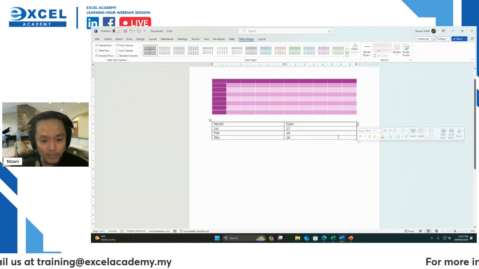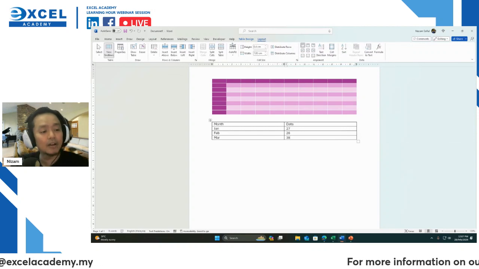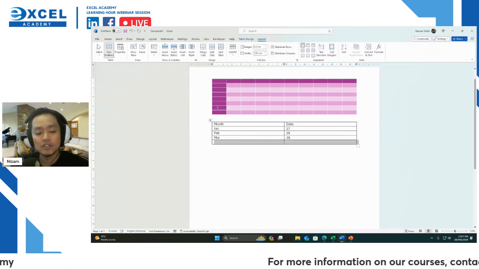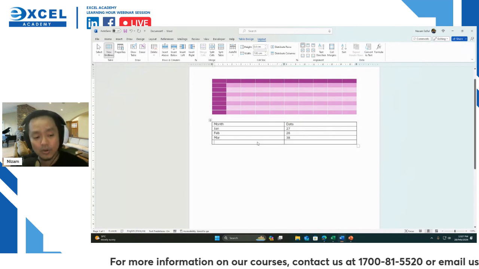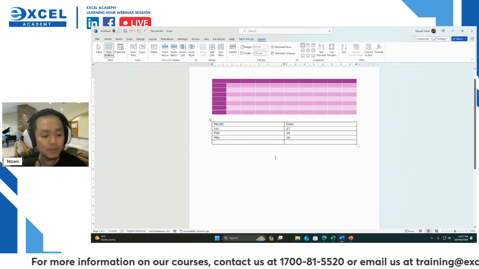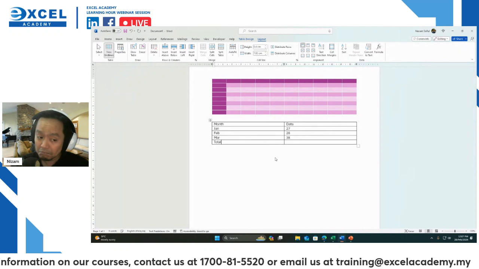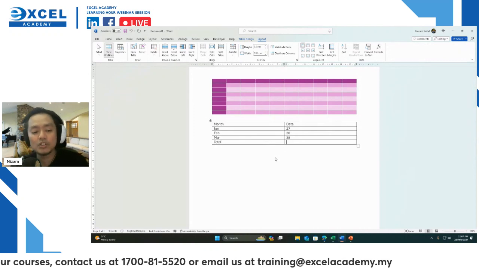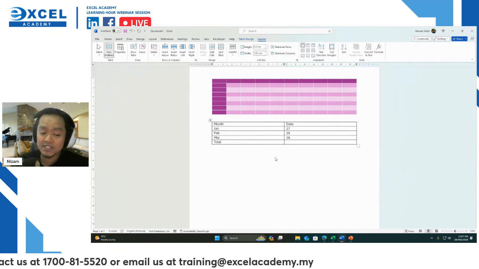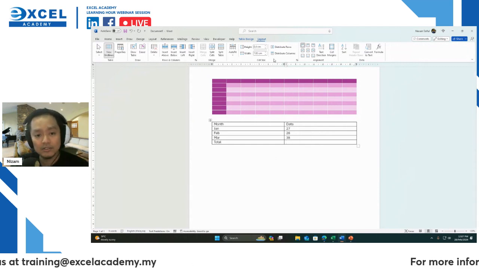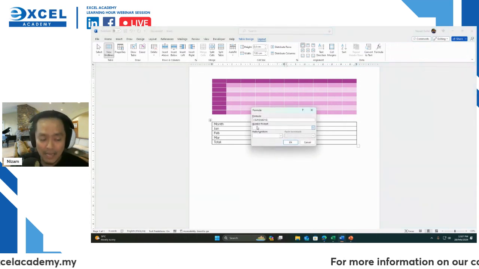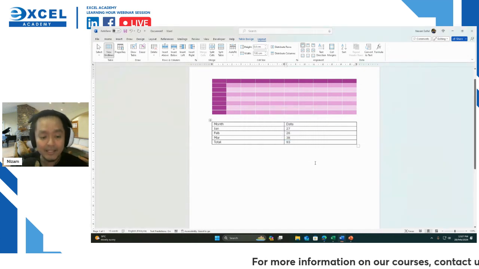Let's say here in my layout, I can also go to insert below. So it will insert some more rows at the end because I chose insert below. So I put here total. Now I want to know what is the total of 27 plus 28 plus 38. Just as simple as I go to layout, I go to formula, sum above, and okay,